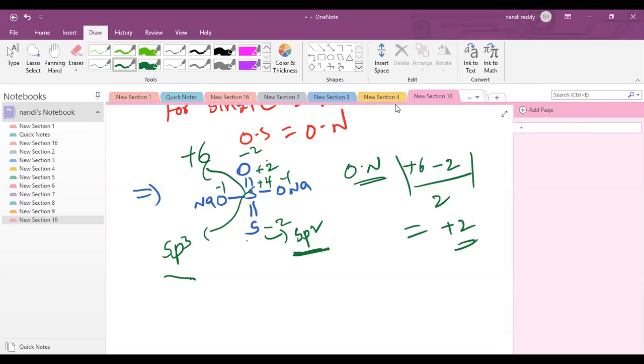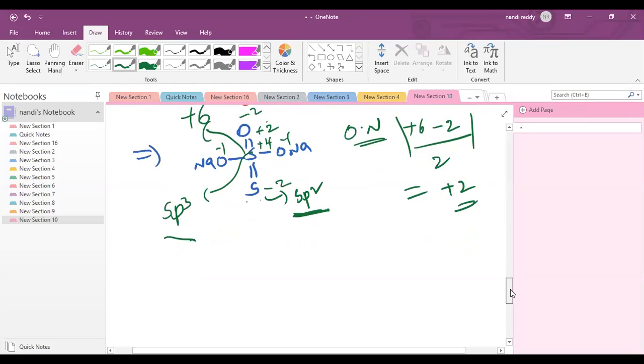That's why I am solving it now, the difference is only this. Average of oxidation state is called oxidation number. Now another example I am giving. Please note down a little bit fast. I am giving 2 minutes time for each example.